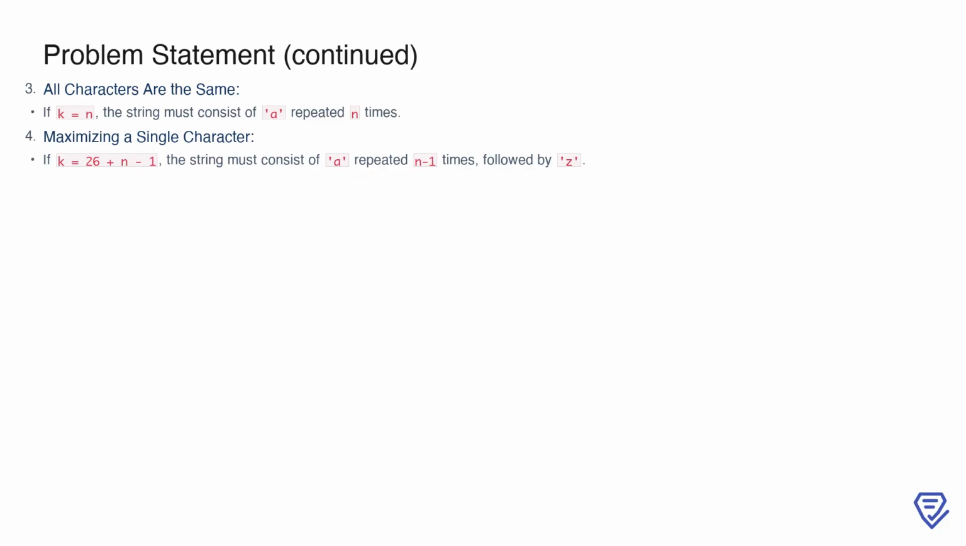For example, if k equals n, the numeric value is achieved by having a repeated n times, since a has the smallest possible value of 1. Similarly, if k equals 26 plus n minus 1, the string would consist of a repeated n minus 1 times, followed by a single z, which maximizes the value of the last character while keeping the string lexicographically small. These edge cases and patterns highlight how the constraints and numeric value requirements interact to ensure valid outputs under all